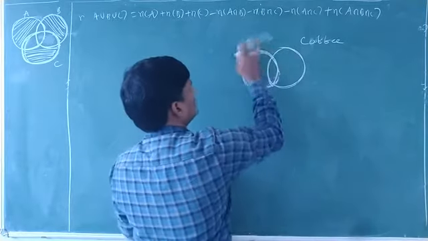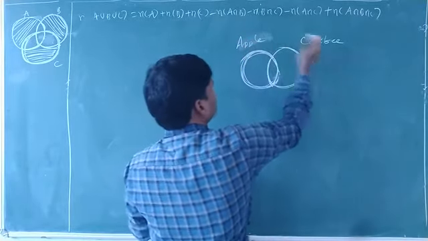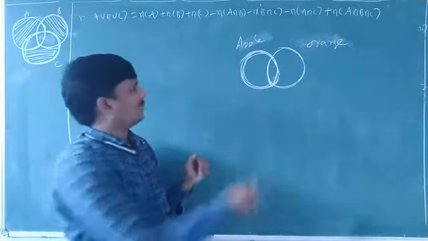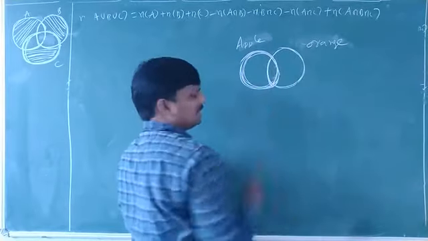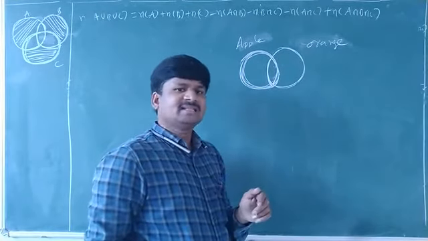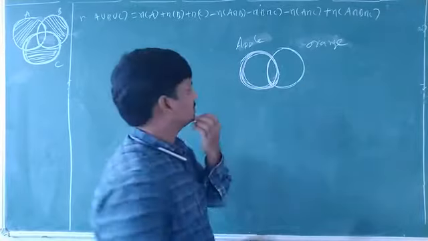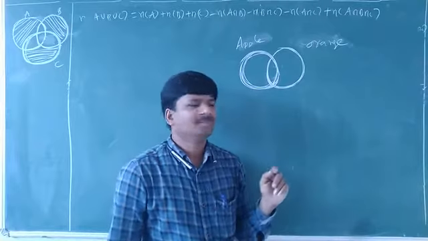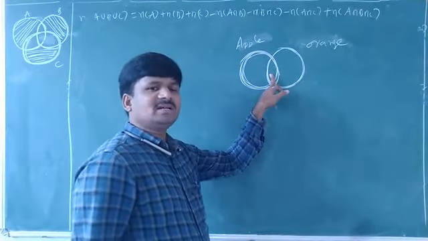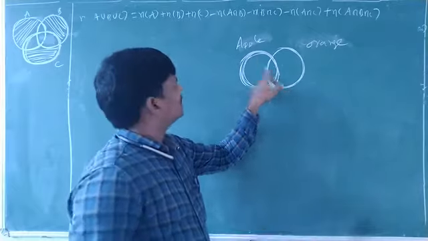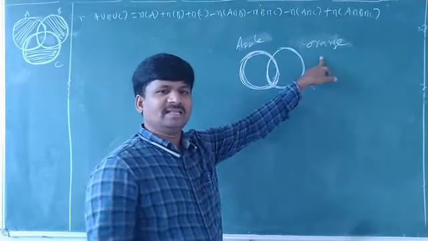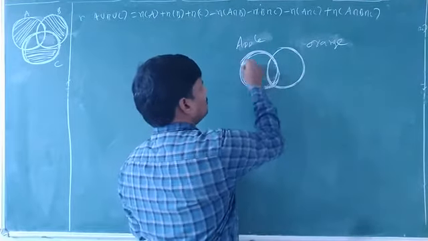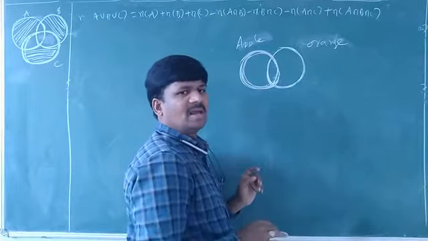Or one more I will say. Apple juice, orange juice. This set is the people who like apple juice. This one is the students or people who like orange juice. This one, this common part. Common part means those people like apple juice and orange juice both. They will drink apple juice and orange juice both. Okay. So you see, it is apple juice, all the students or people who may be taking apple juice.